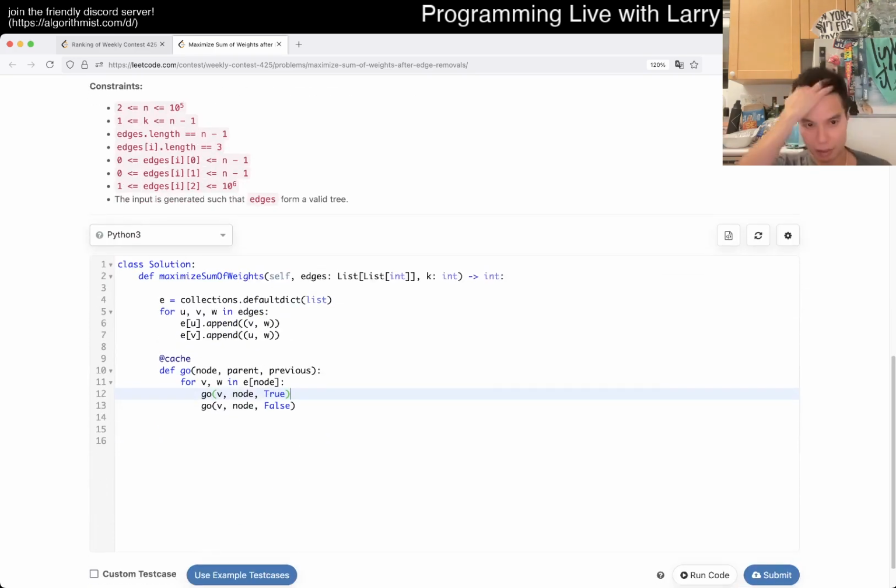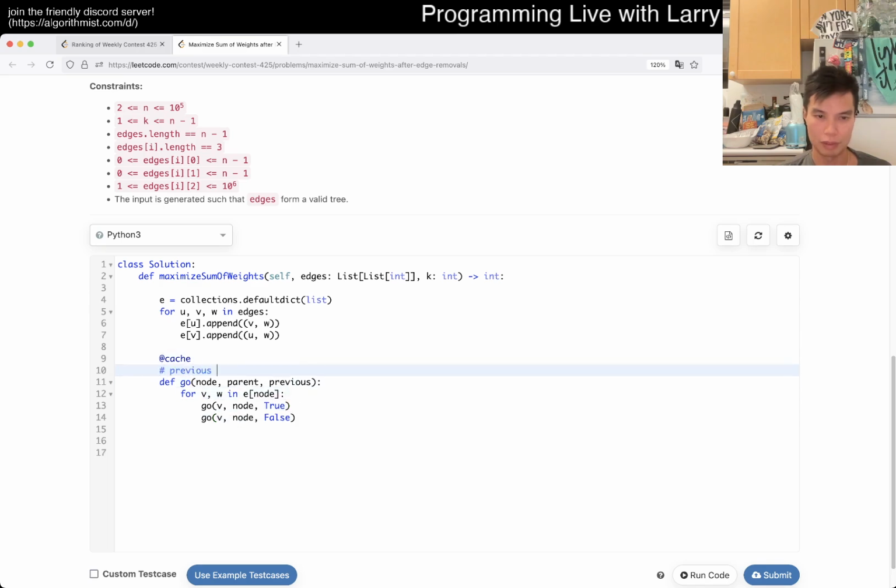So okay, fine. So you remove it, then you add W, otherwise you don't. So then it is going to be